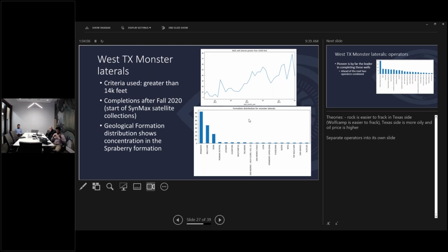Then one of the things I also wanted to look at was, okay, they're drilling more and more of these laterals, so which formations are they actually targeting for this? In the formation distribution, it's not super surprising. It's mostly being drilled in Strawberry and the Wolfcamp, with the Strawberry being significantly ahead. One thing to take away from this is that Strawberry, geologically, is a much tighter rock than Wolfcamp. So it may affect